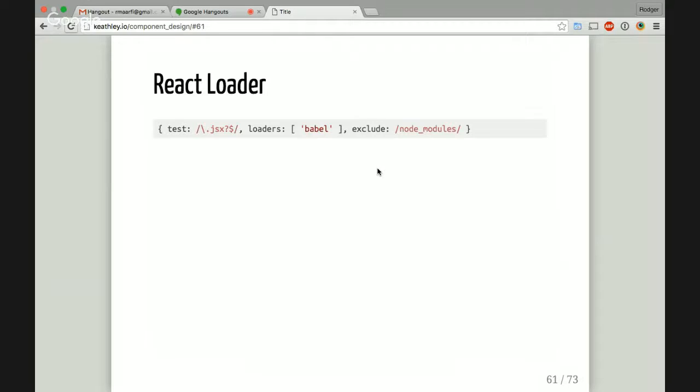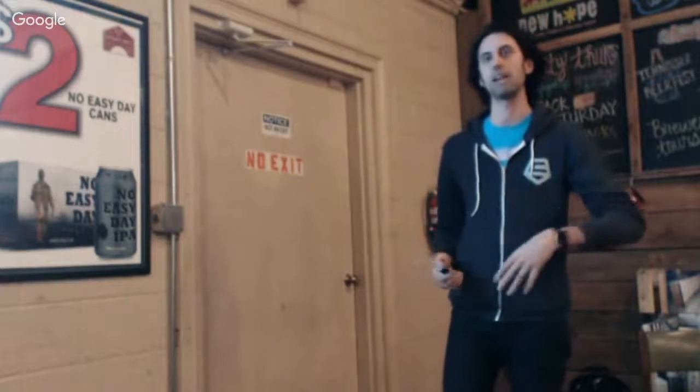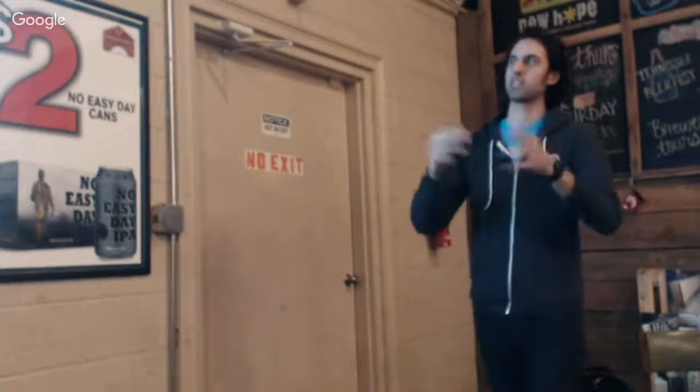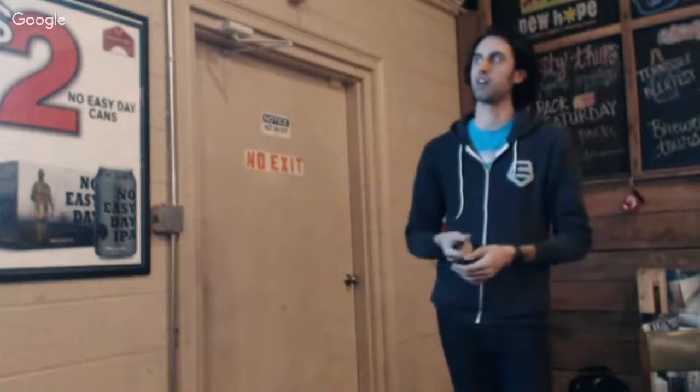So what we're doing here is we're testing files using a regex that checks for .js or .jsx. If they are of those types of files, then we're going to run them through the Babel loader. What that'll do is actually just kick it out to Babel, and we can let Babel do all of our compilation for ES 2015. Is that what we're calling it? Have we agreed? It's ES 2015, not ES6. Still get that wrong. Or using whatever kind of future things you want to use,